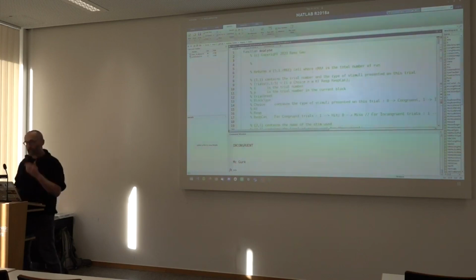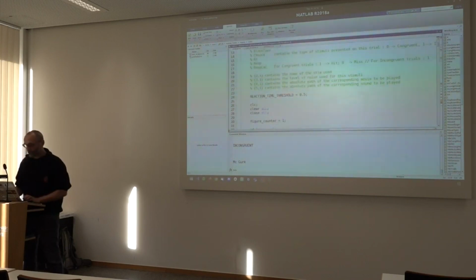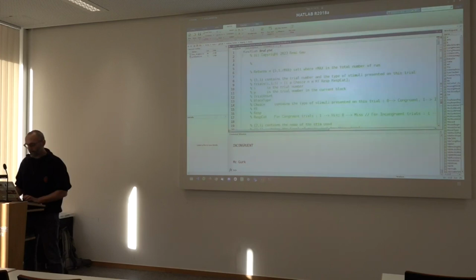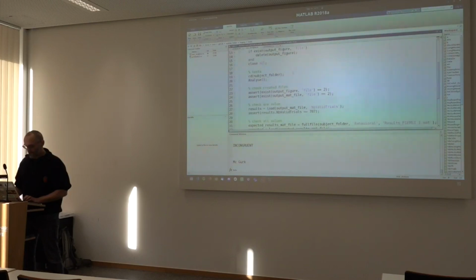What I would even now tend to do is pass what I would call a configuration structure to my function, and here go configuration.